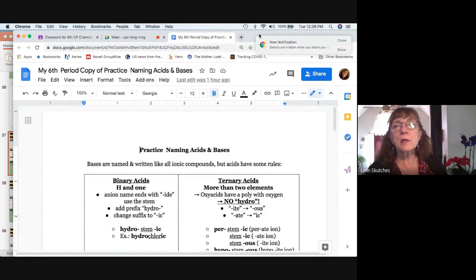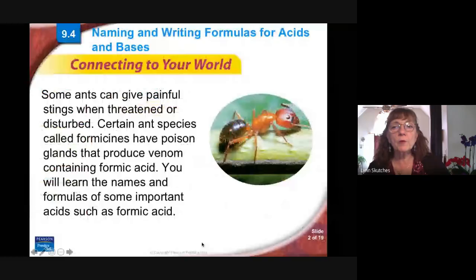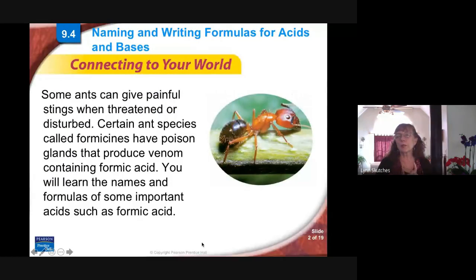And let's do this. So this is still in chapter 9. It's the last section of chapter 9, but there is one more section that we'll do in a couple of weeks on covalent compounds. We've done the monatomic ions, the polyatomic ions, and ionic compounds, and then this one on